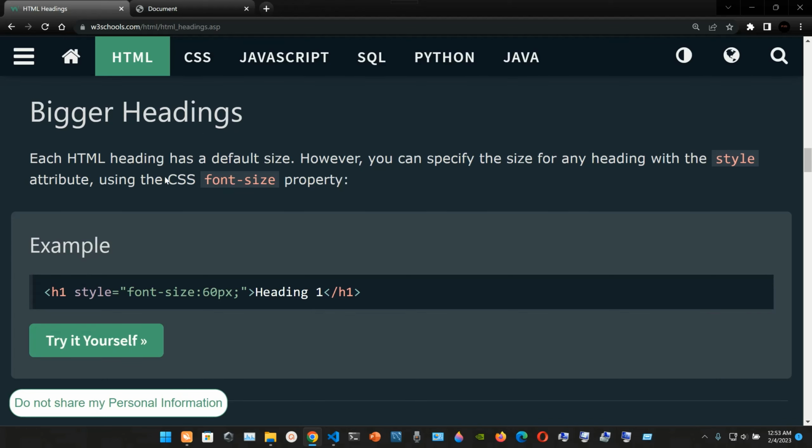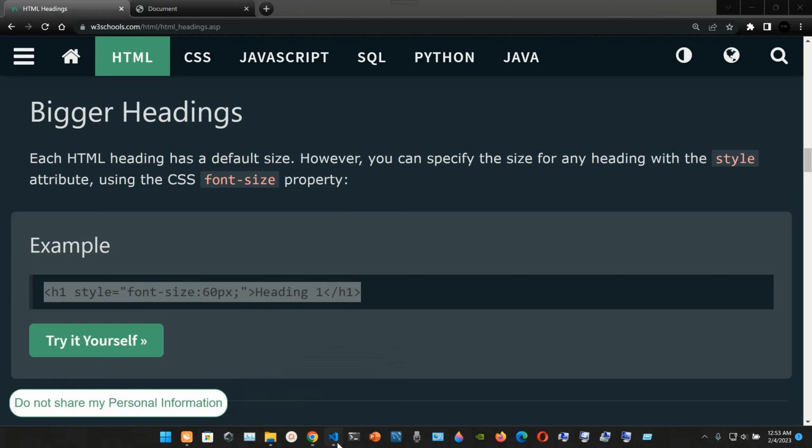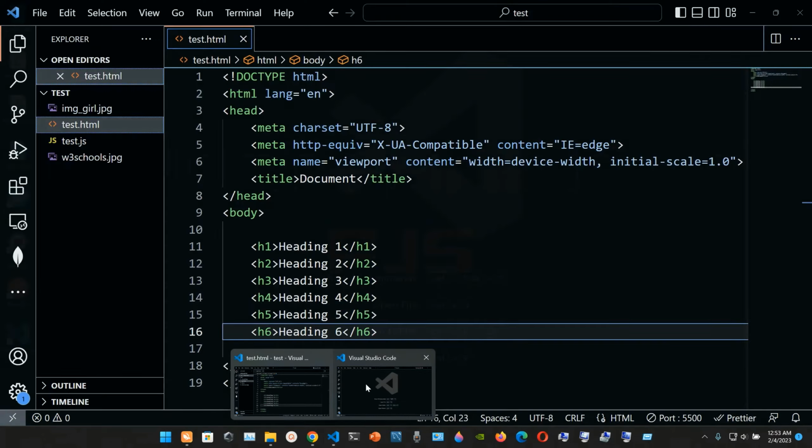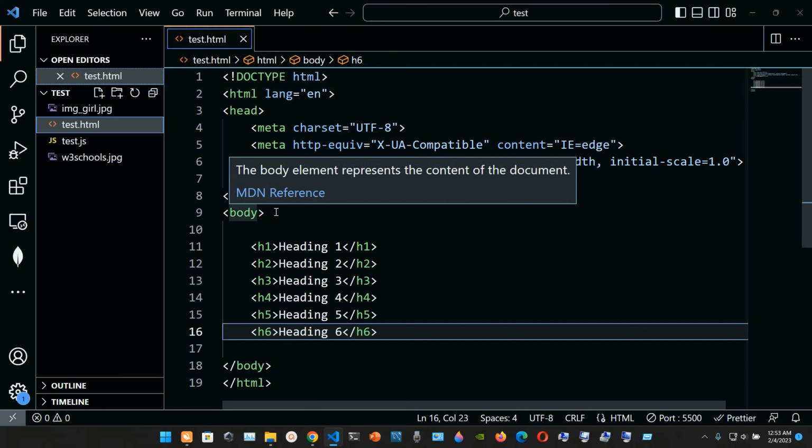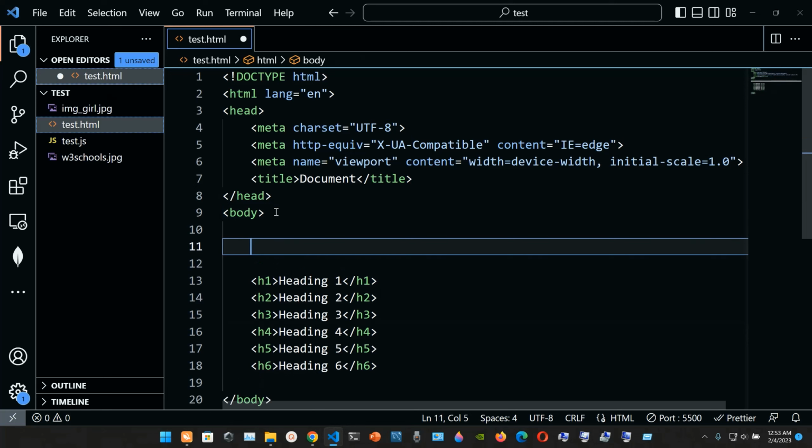Each HTML heading has a default size. However, you can specify the size of any heading with the style attribute using the CSS font-size property. So we're gonna see this example. I'm just gonna grab it and go to Visual Studio Code. I'm gonna close this one and go to line 11. So I'm gonna save it, and here we have